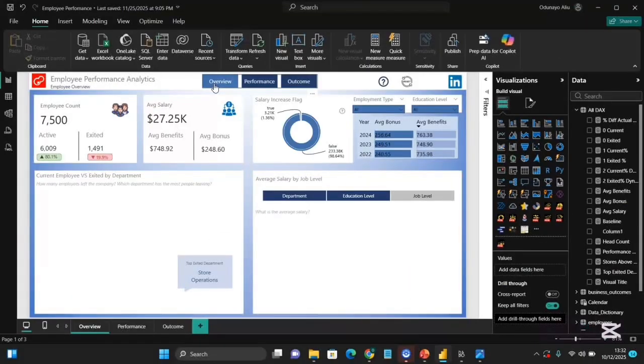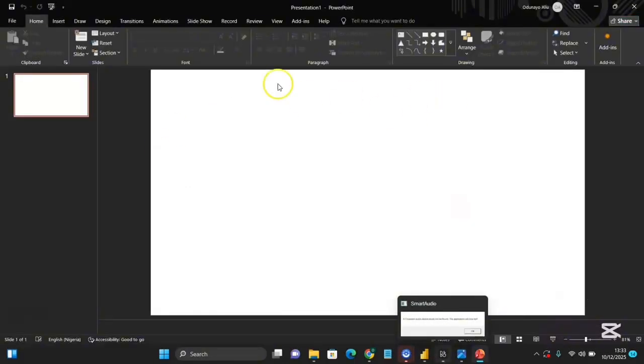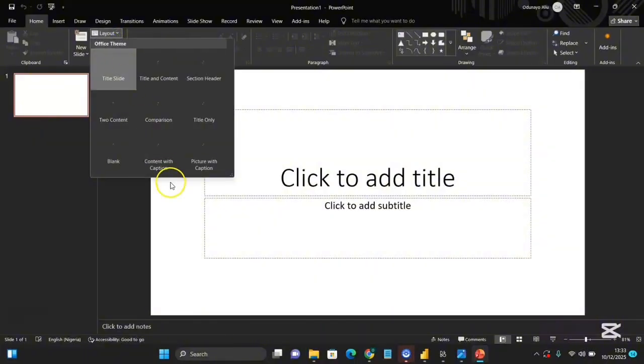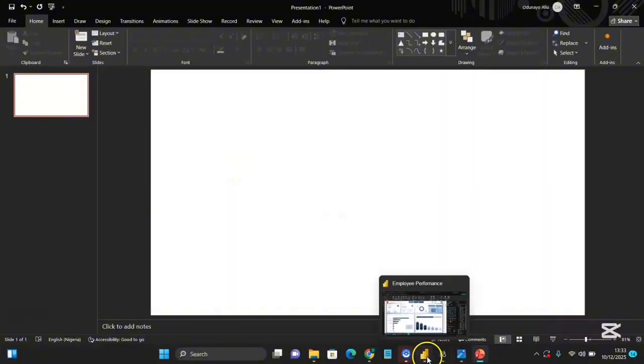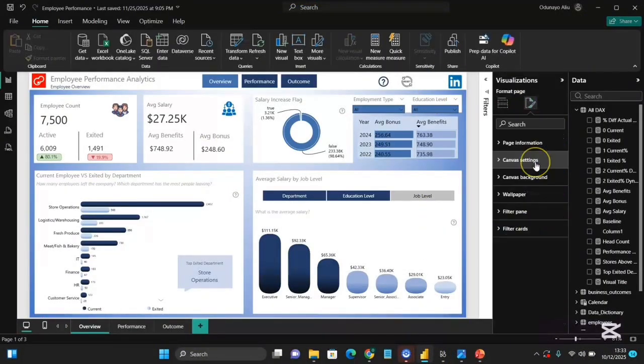We would build our wireframes on PowerPoint. This is a blank PowerPoint presentation. The first thing we are going to do is open the drop down for layout and make sure that it is a blank page on PowerPoint. Make sure that it is a blank page, and we are using a normal custom size page canvas